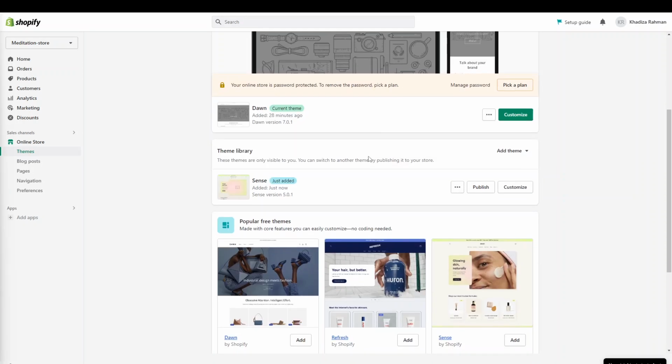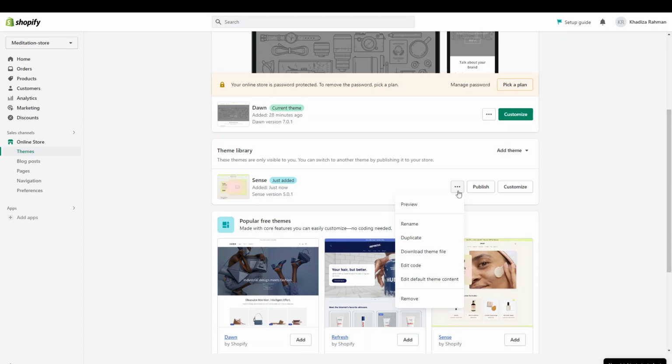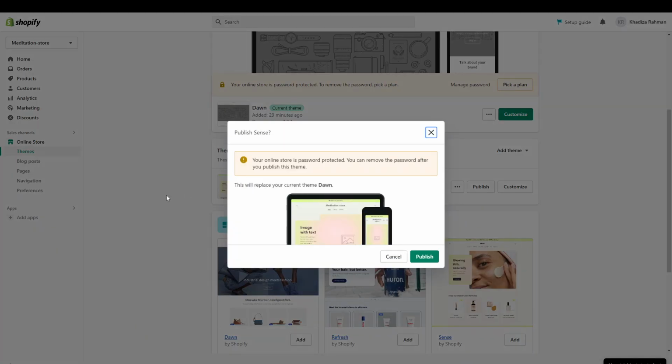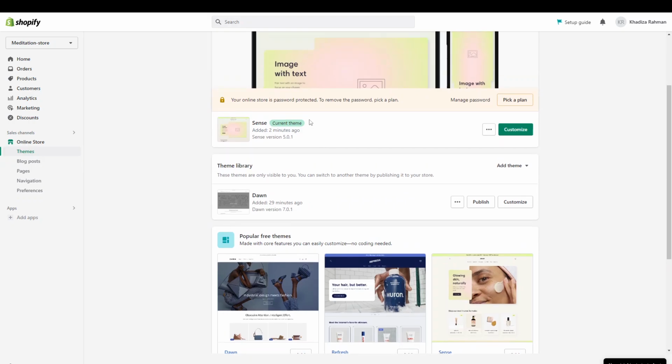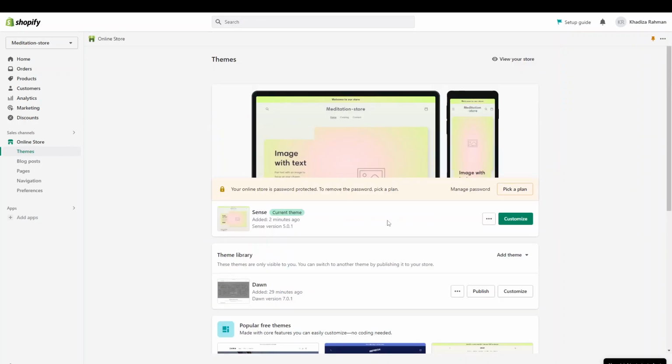You can see now this theme is added, this one here, and what you want to do is, beside the three dots, you want to click publish, and that'll replace the theme that you currently have with the theme that you want. So right now we don't have a site plan, so we can't publish the theme that we want just yet. But we can just click publish just to preview it and see how it looks. And now we've got the new theme added, and we've got the old theme there as well we can switch back to. So now if we were to preview the online store,